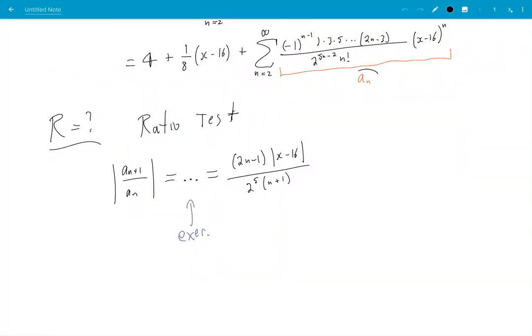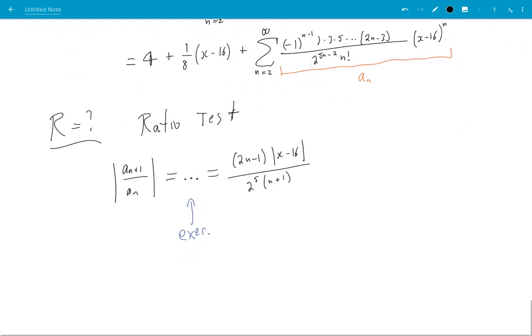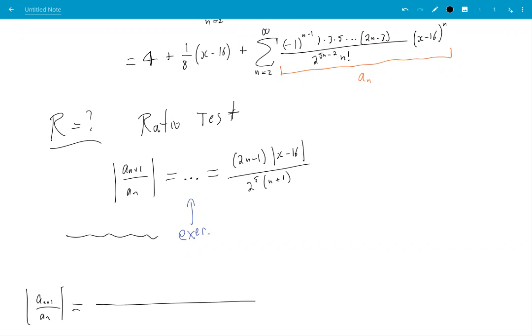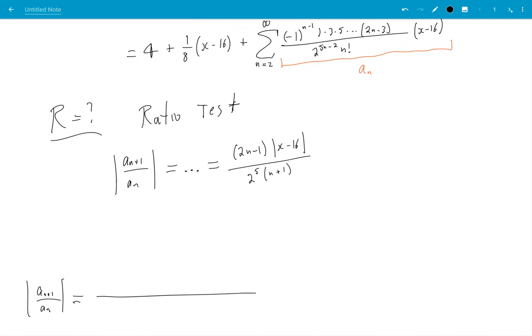So here's a_n here. |a_(n+1)/a_n| in absolute value is going to be what? So I drop this, right? Because the absolute value is there. So I just get that